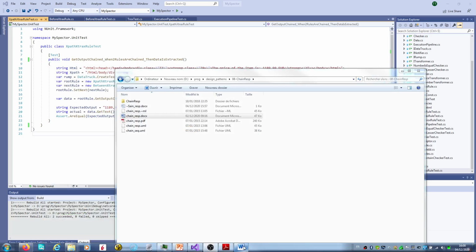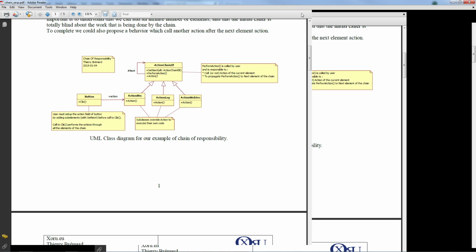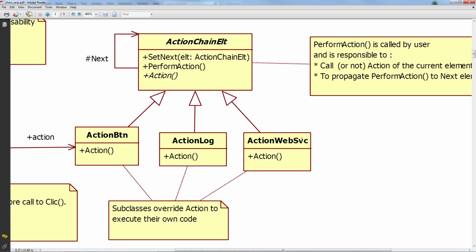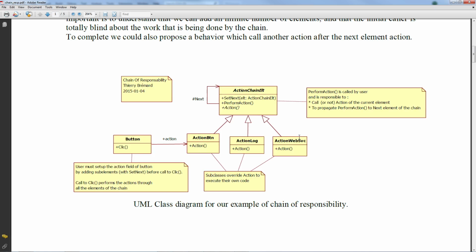So for the first illustration, we have the UML standard, which defines different diagrams. Here, I will show a class diagram.